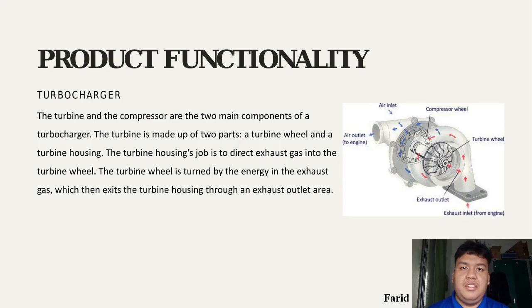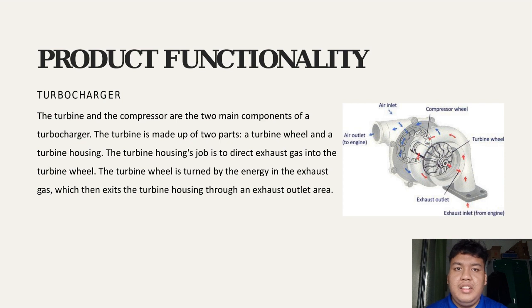For product functionality, the turbine and the compressor are the two main components of the turbocharger. The turbine is made up of two parts, a turbine wheel and the turbine housing. The turbine housing's job is to direct exhaust gas into the turbine wheel. The turbine wheel is turned by the energy in the exhaust gas, which then exits the turbine housing through the